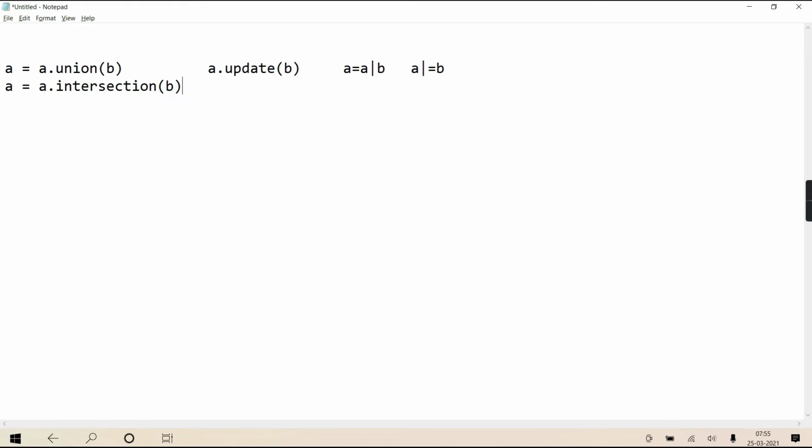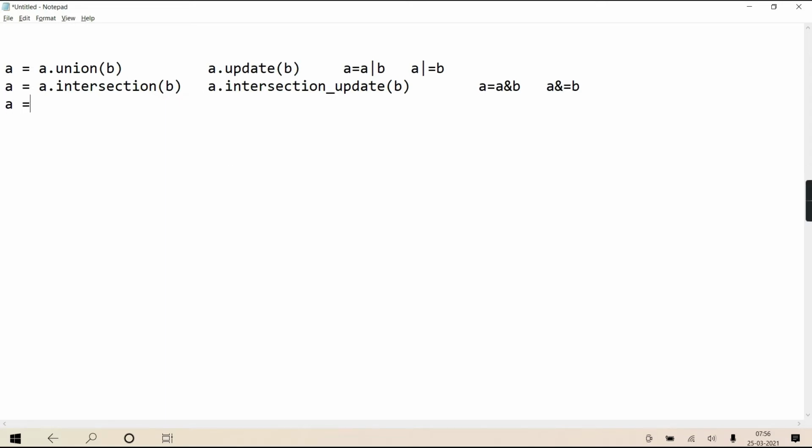So either you do it this way, or there is another option, A.intersection_update(B), which is the same as A = A & B, which is the same as A &= B. I'm just trying to tell you all are equivalent. When I write A &= B, it will take intersection and store the result in A only. So instead of doing it this way, you can call this method intersection_update. It will take the intersection of A and B, but the result it will store in A only.